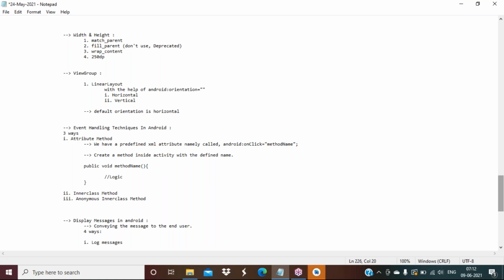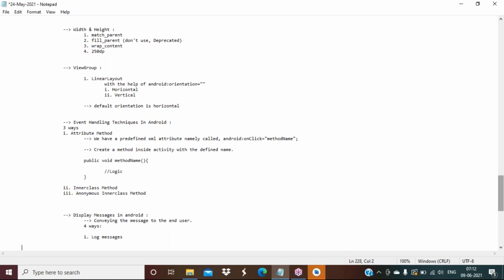Log messages. There are some important points about the log messages. These are only for developers.